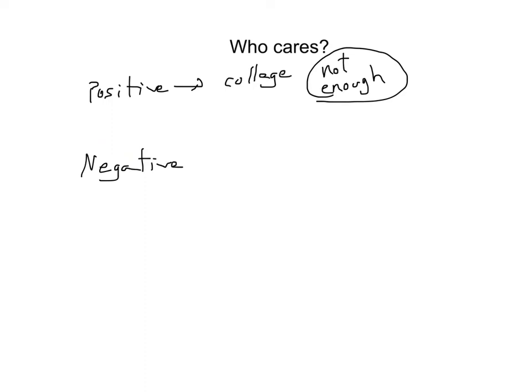Now, in the case of a negative externality, just the opposite will happen. So we have something like pollution. Well, if the corporation or company or person who owns the factory, whoever it is, doesn't really internalize all those costs, there are costs that they don't perceive. So they might know, but they might not know. They might not even know the costs of the pollution that they're producing. But even if they did, there's no guarantee they would take it into account.